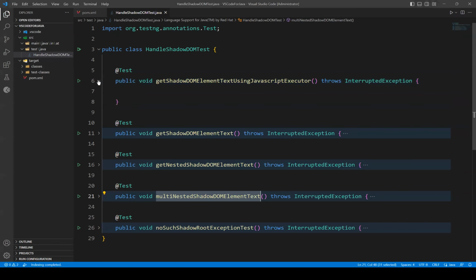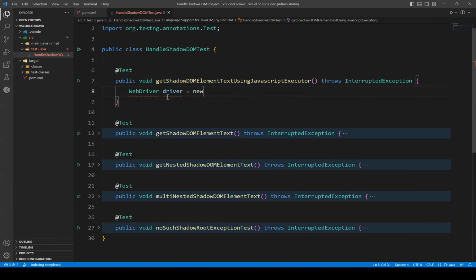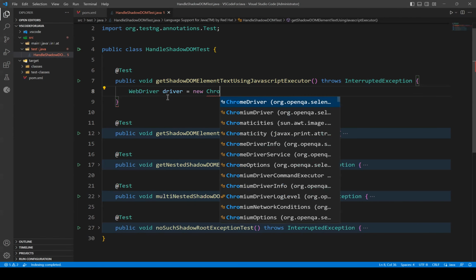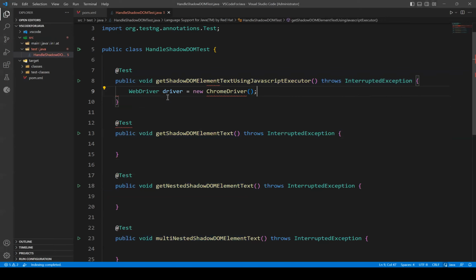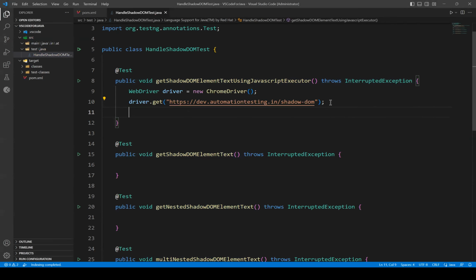Now let me write WebDriver driver equals new ChromeDriver, and then driver.get. I'm going to this URL: dev.automationtesting.in/ShadowDOM. Okay, once you go there,